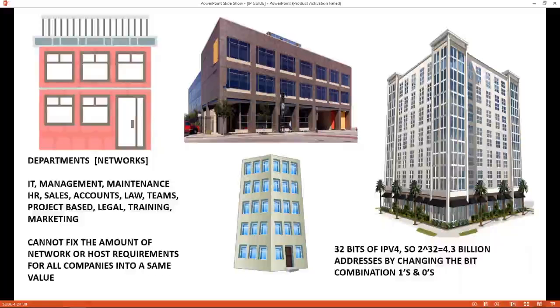For example, let's say your company has a department in IT and another department called accounts. So whenever you assign end devices in the IT department to a particular network, and for the accounts department you are assigning a different network's IP addresses, so that all the PCs in the IT department can communicate among themselves